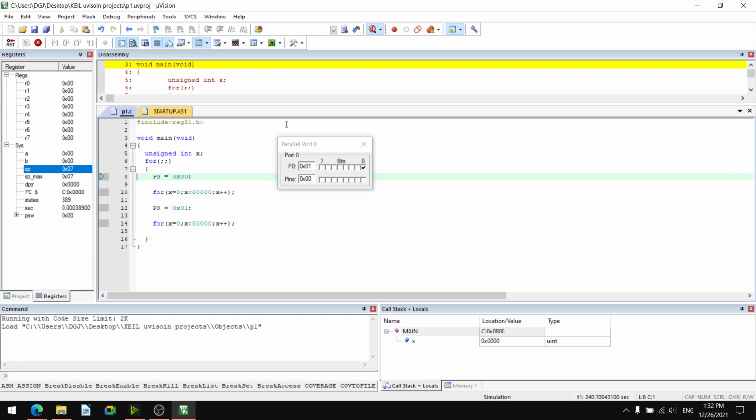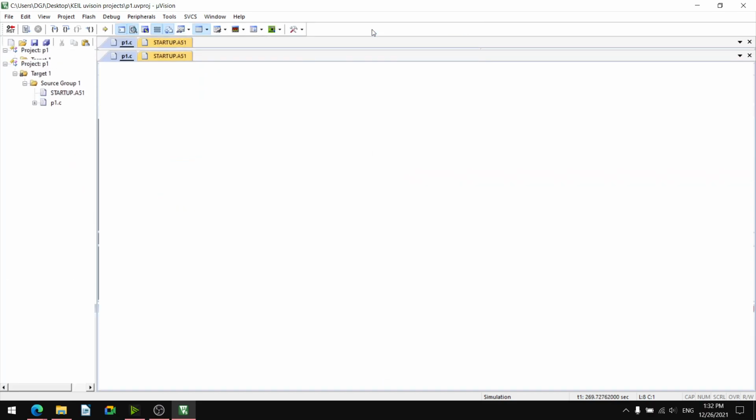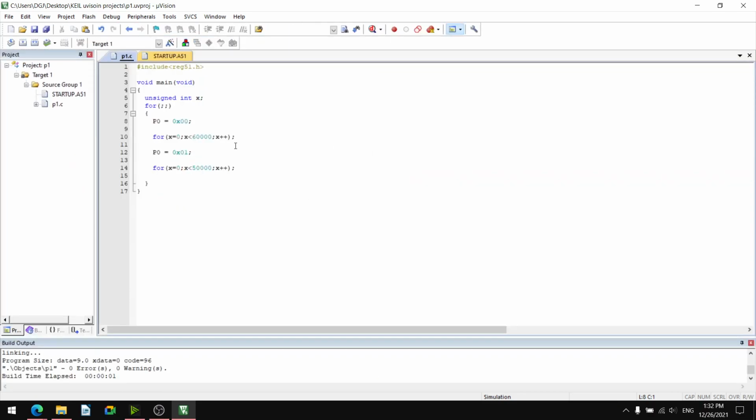Okay. So in this way, in case of addition of another port, P1 equals to 0x00. Along with P0 we'll use P1 also. So let us write P1 equals to 0x.